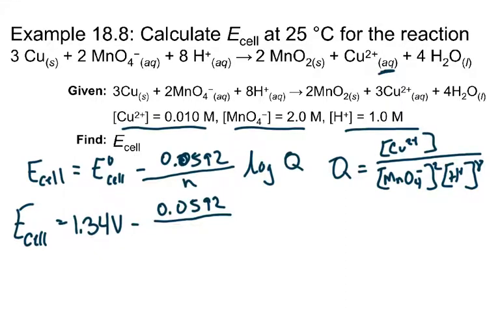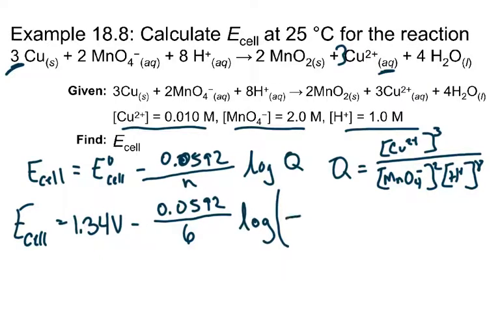And again, if you look it up, we are doing the copper to copper 2 transfers 2 electrons, but there are 3 of them. There should be a 3 right here as well. So this is going to have to be cubed. Sorry, there's a typo in my slide. So divided by 6, because 3 transferring 2 electrons 3 times gets me 6 electrons, times the log, and then